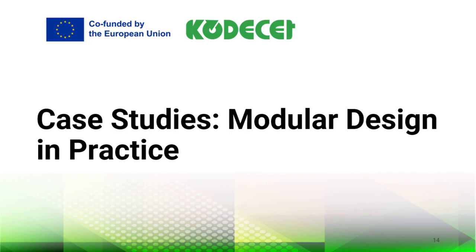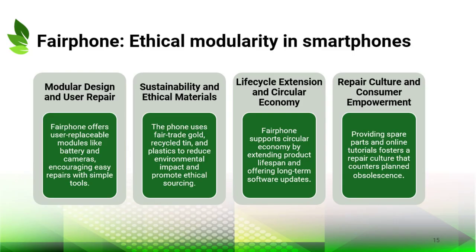Introduction to real-world modular design examples. Fairphone is a leading example of modular design in the electronics industry, challenging the conventional short life cycles of smartphones. Devices like the Fairphone 4 and 5 feature user-replaceable modules: battery, display, cameras, USB-C port, and speakers, allowing easy repairs